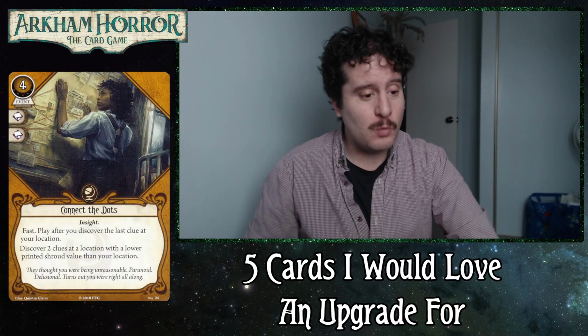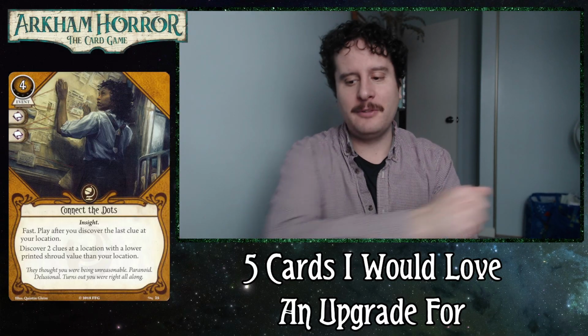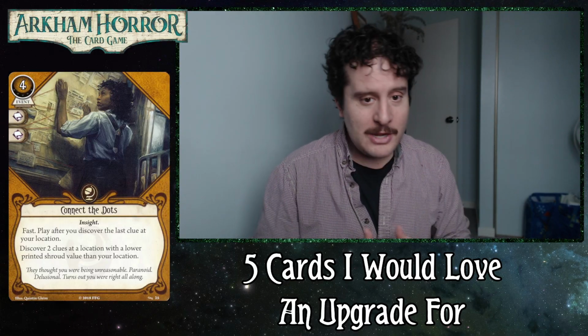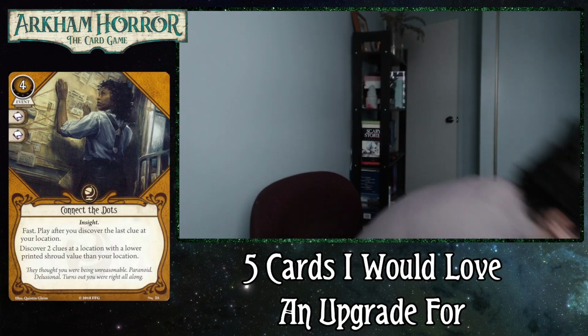This came out with Joe Diamond, and the idea was that this 4-cost, in theory, would be less impactful because you're playing it off your hunch deck. However, the thing about your hunch deck is that it turns out your hunch deck is pretty bad when your entire hunch deck is reactive. And Connect the Dots is a very reactive card. And because of that reason, the card generally